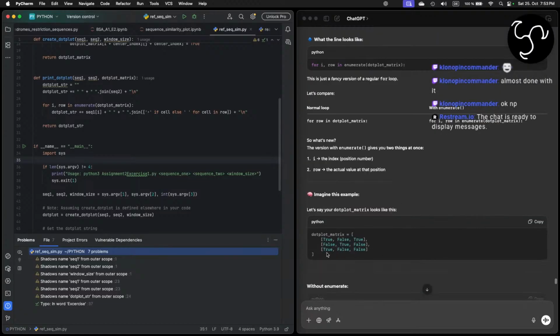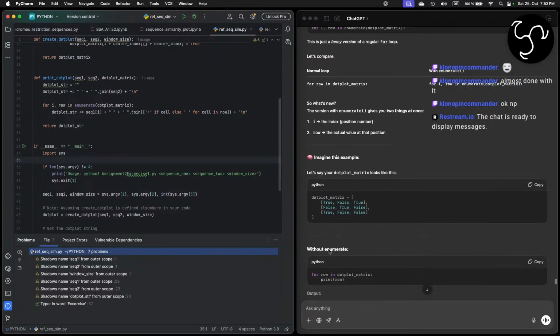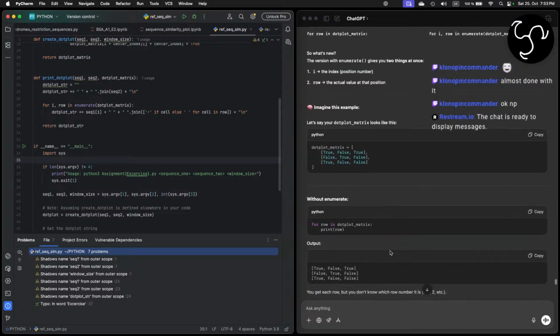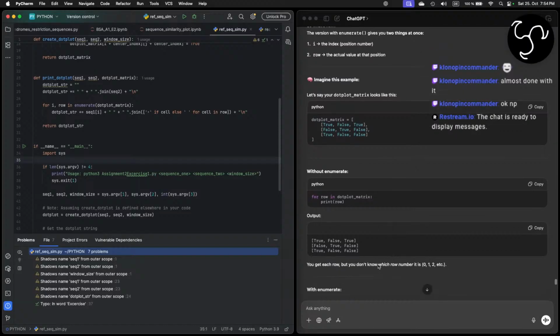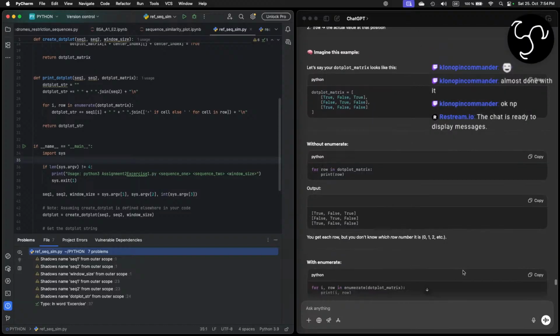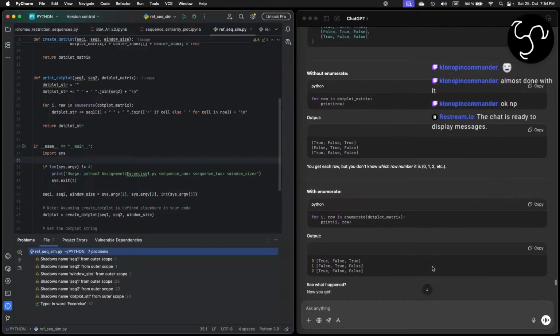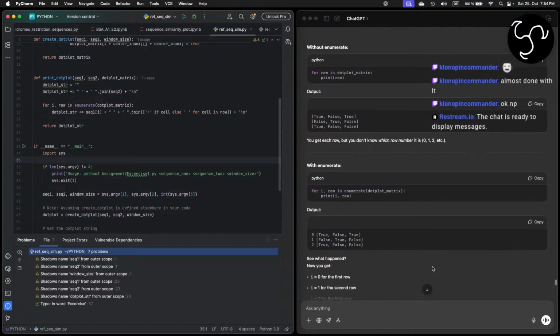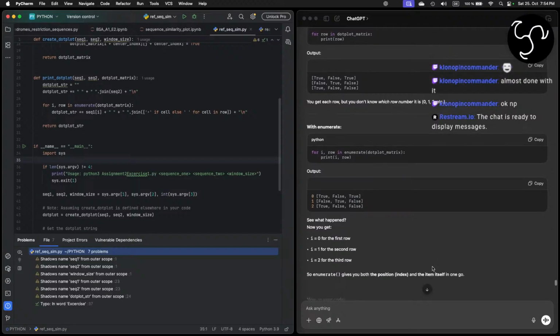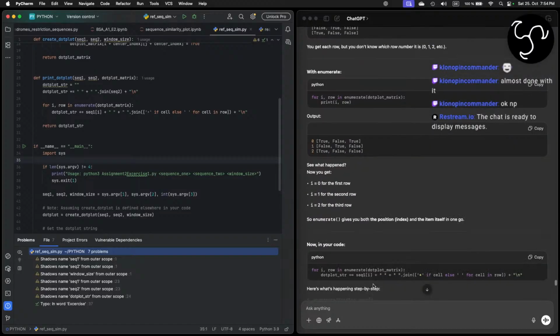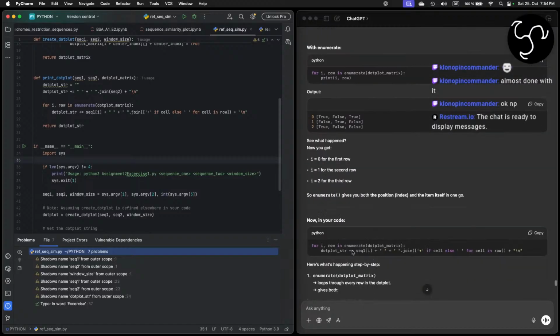Imagine this example without enumerate: for row in dot plot matrix, print row. You get each row, but you don't know which row. Okay, with enumerate you see the position. Okay, it gives me the position. Now in your code,